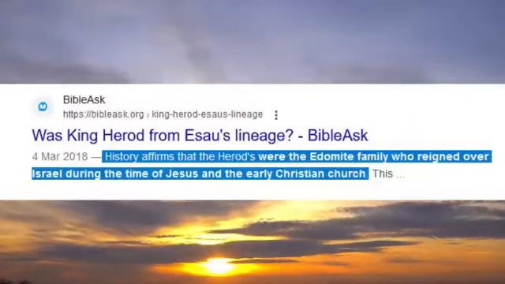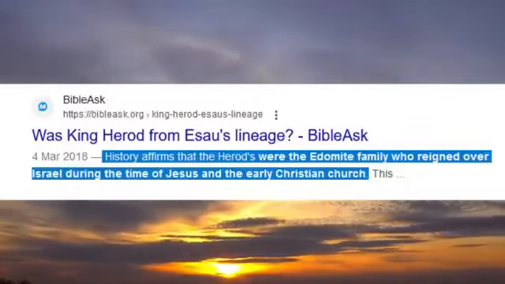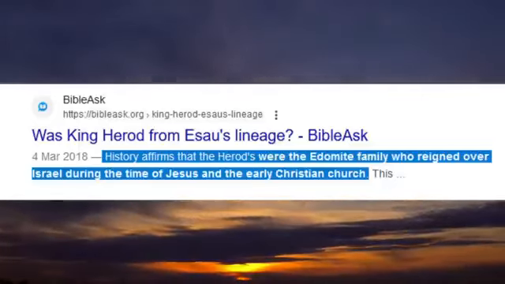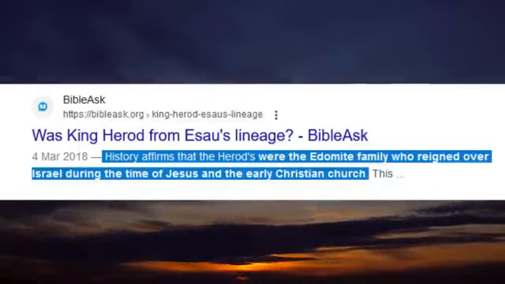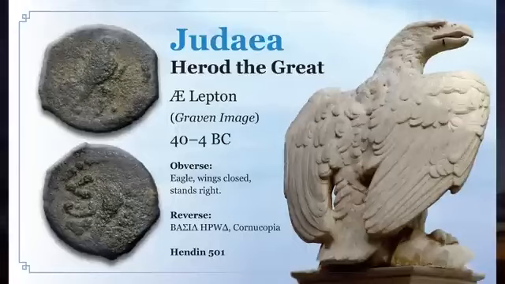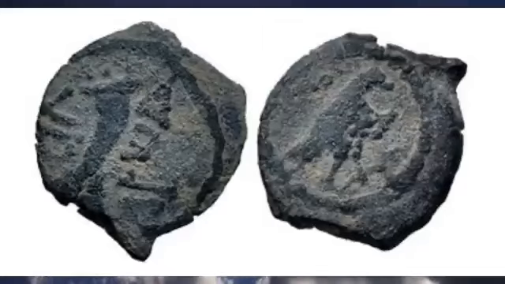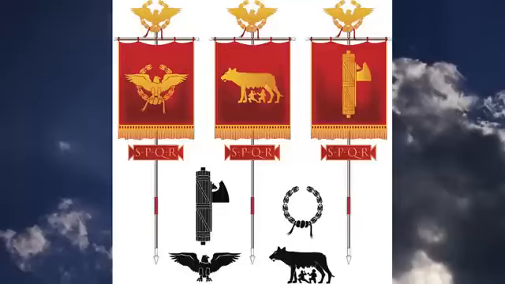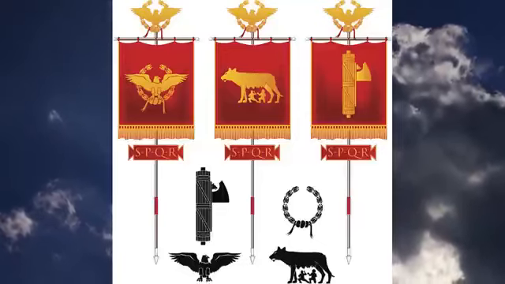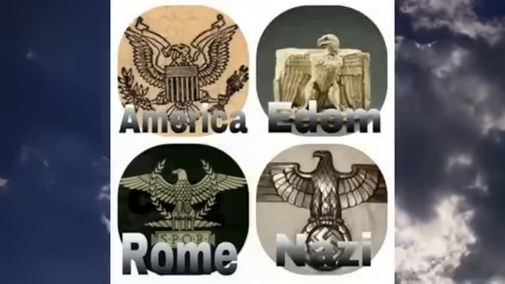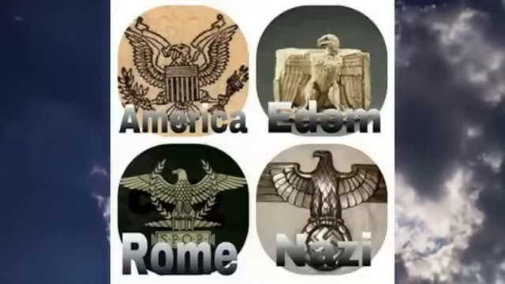Now, King Herod was an Edomite, from the kingdom of Edom, appointed as king by the Roman Empire. And here we see a coin of King Herod with an eagle on it. Herod also installed a gilded bronze eagle above the gate of the Jerusalem temple. So all the way back there. And now we see these Roman symbols, the eagle, the fasces, the laurel wreath, today in all of these powerful international organizations. The spirit of Rome lives on today.